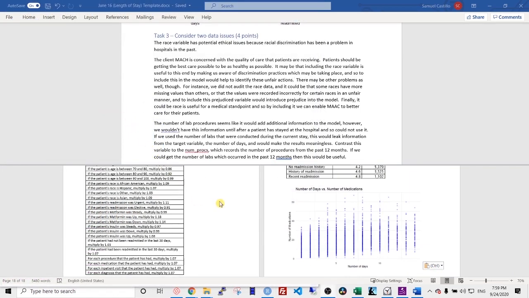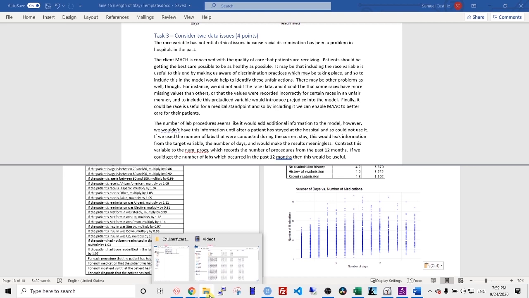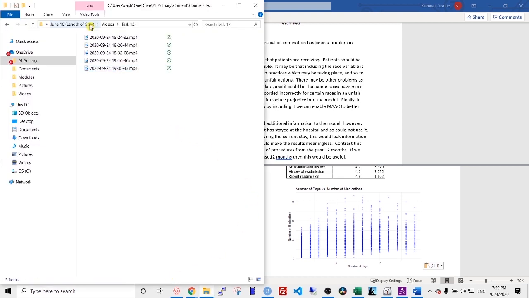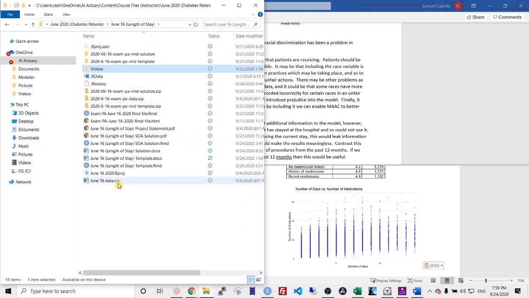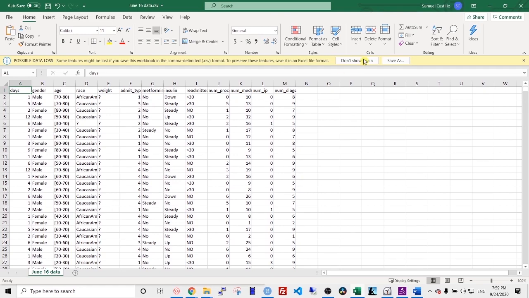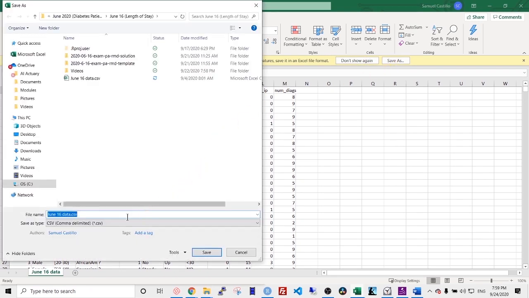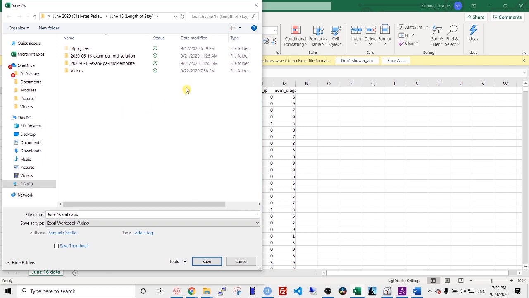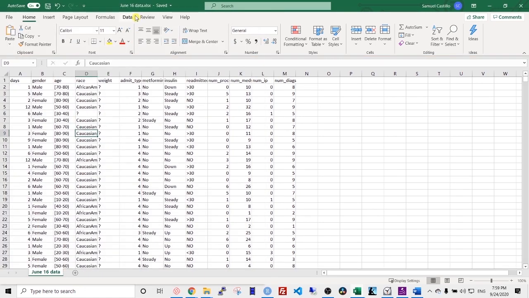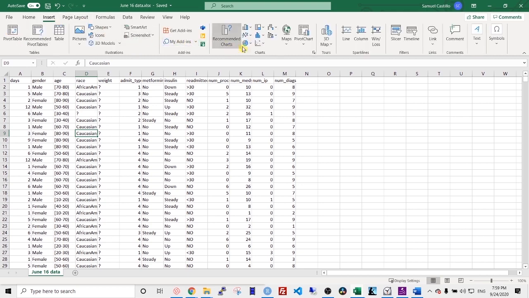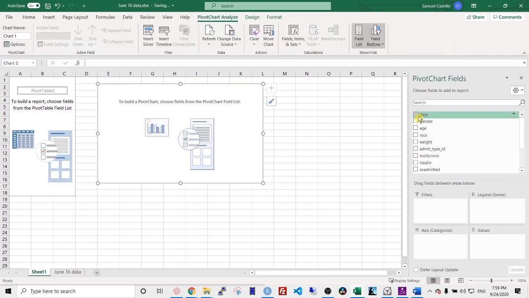An alternative is you could even use Microsoft Excel to create graphs. To do that, just open up the data set, and then say I would save this as a new version, as an Excel workbook. Be careful not to overwrite the data. And then maybe just create a pivot table or a pivot chart, and I want to look at like days